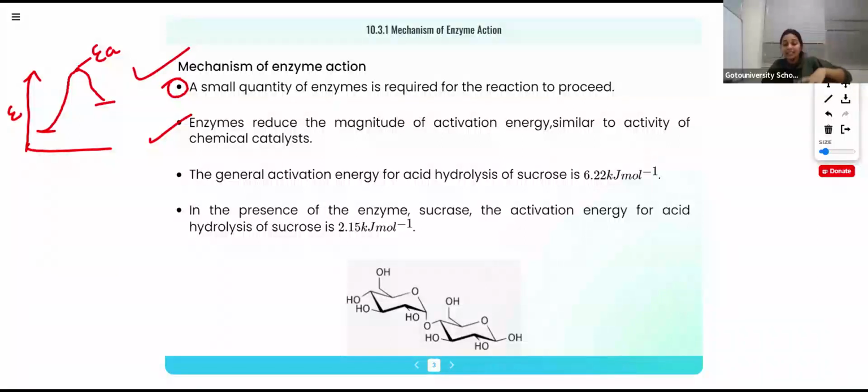Okay, but the thing is, when the reactant molecules are colliding together, not all the collisions lead to a chemical reaction, we know. The colliding molecules should have some minimum energy. Then only will that collision cause the reaction to happen. That energy should be equal to the activation energy of the reaction. In every chemical reaction, there is an activation energy barrier. If the reactant molecules have no sufficient energy to cross this barrier, the reaction won't happen.